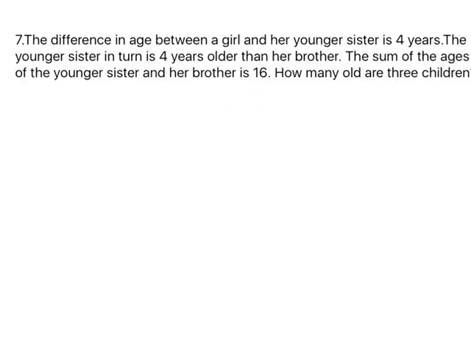Next question: the difference in age of a girl and her younger sister is 4 years, and the younger sister is 4 years older than her brother, and the sum of ages of the younger sister and the brother is given as 16, and we have to find out the age of all three children. So in that case we let